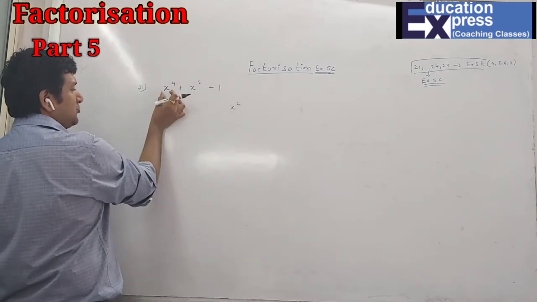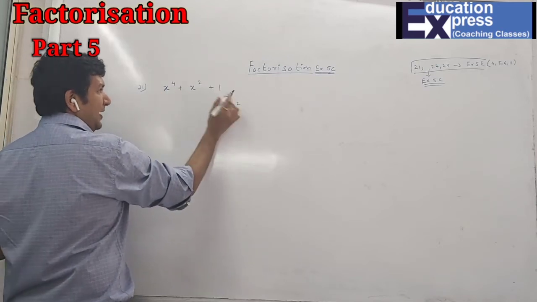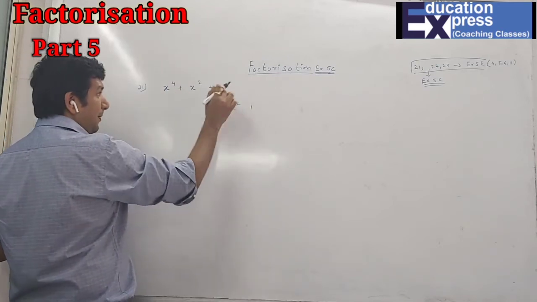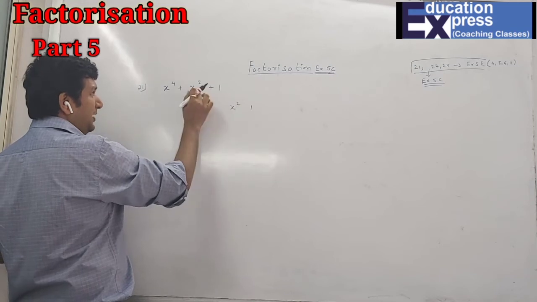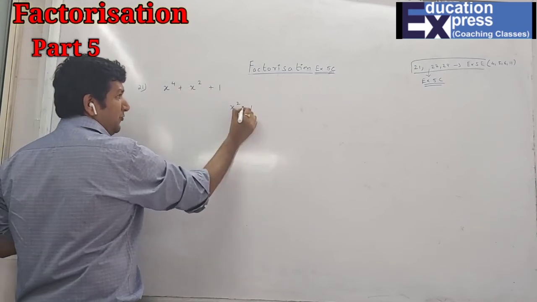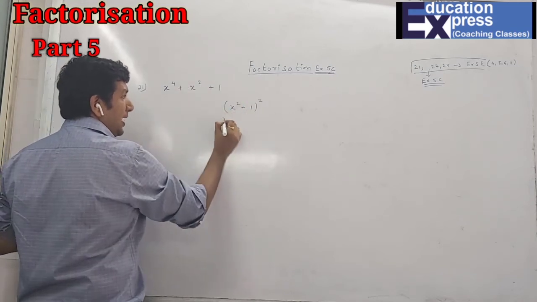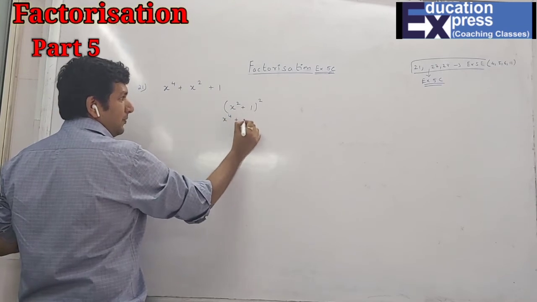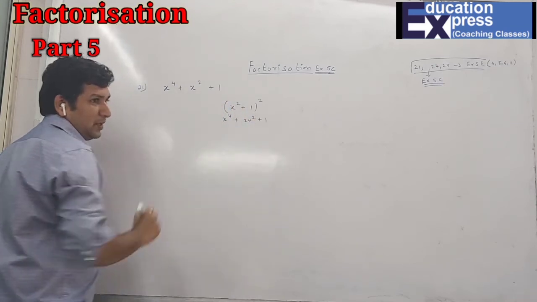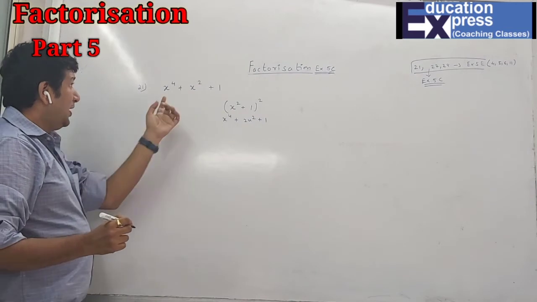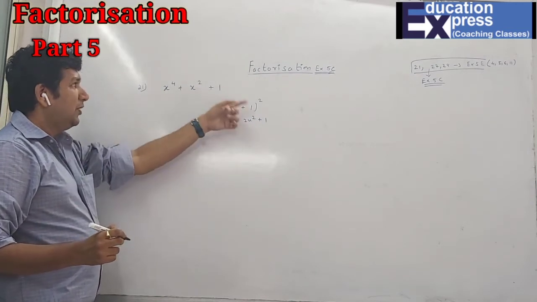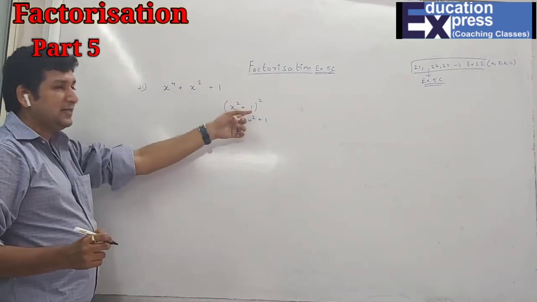Let us say if I take the root of x⁴, which is x², and over here 1, the number which is not taken, having a plus sign, is the middle term. So if I take the whole square of this, I will get x⁴ plus 2x² plus 1. Now you may ask me, sir, why have you taken x² and 1? Why have you not taken x² and x?